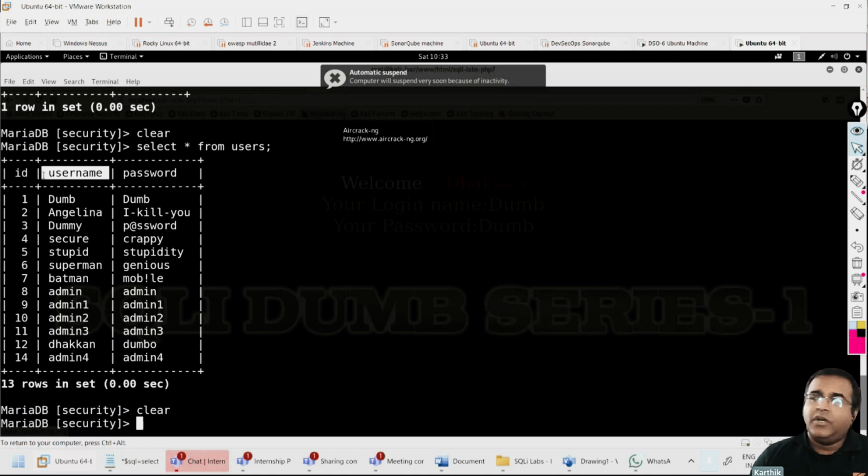Let's say if I want to sort the table based on the second column, what do I have to do? Select star from users order by 1.